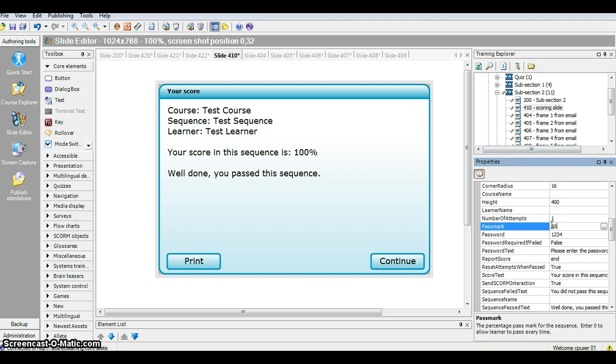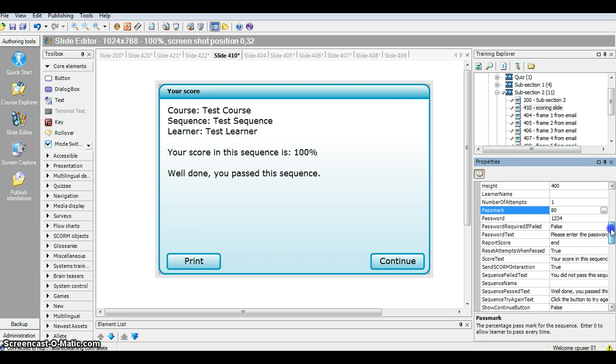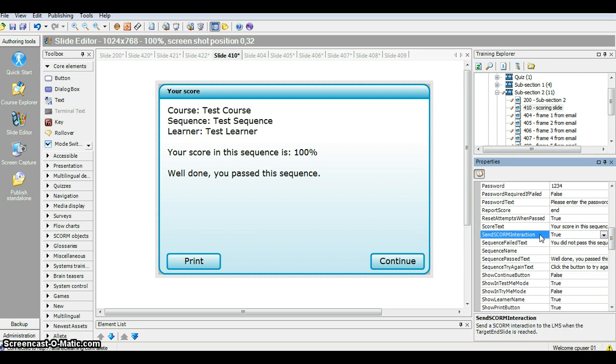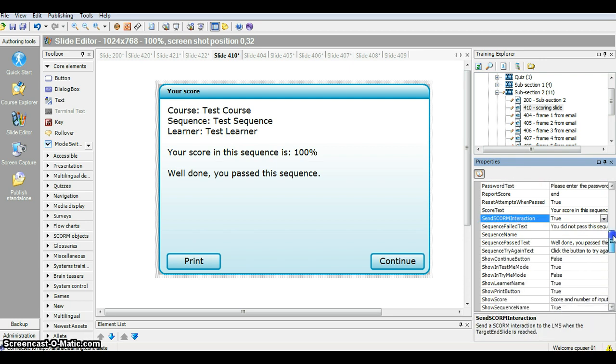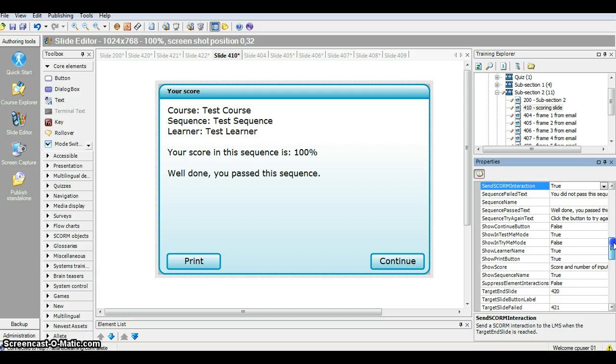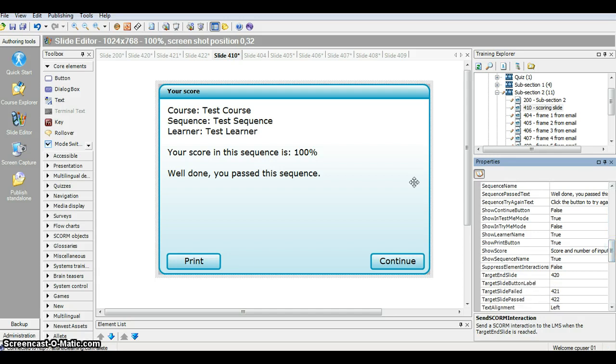If you want to adjust that and say, you know what, an 80% accuracy is all it's going to take to pass that series of slides, that's fine too. So as you keep going through this, you really don't need to change too much in here other than where do you want to show this, in what mode. And I would recommend to try to keep it in the show it and keep it in the test mode. Okay. Now